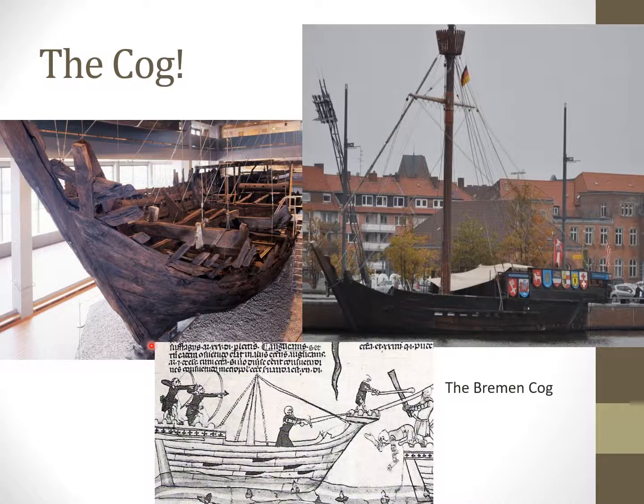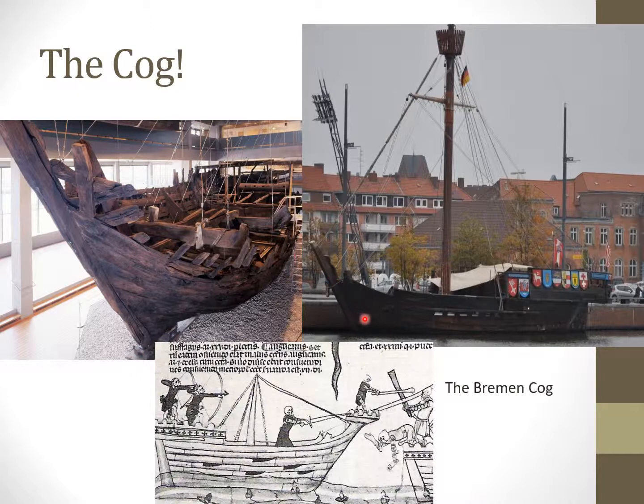On the top left here, you see the so-called Bremen cog. This is a wreck that was discovered in the river at Bremen, sunk into the mud. In a way, it's similar in the way it was preserved to the so-called Newport ship, which was found in Newport, South Wales a few years ago, where part of that hull was also preserved in mud that was so heavy it blocked the usual small creatures which eat the wood and deteriorate it from surviving and digesting the wood.